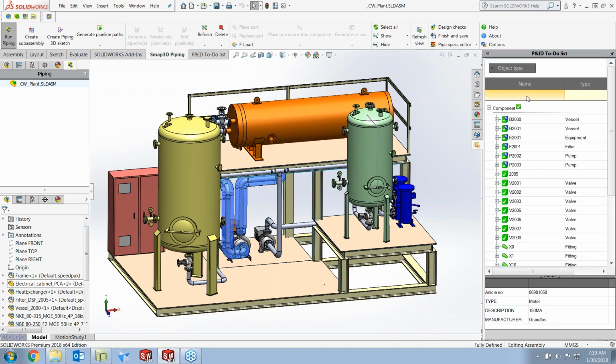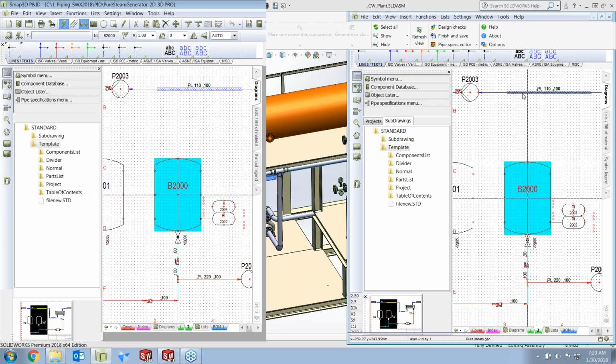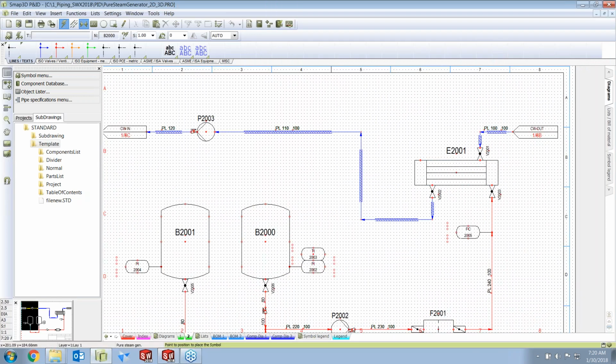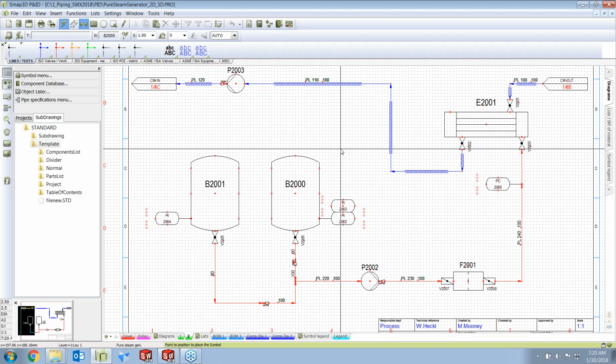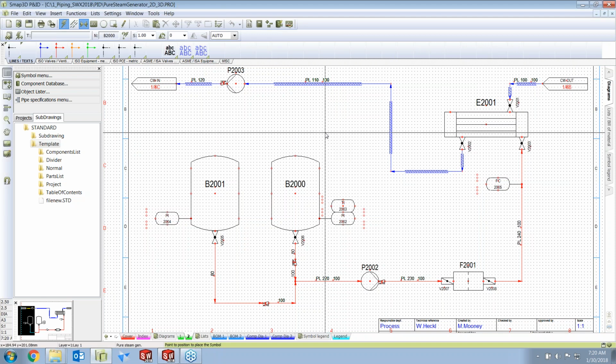All right, so let's jump over and go through a workflow process. I'm going to put a pump down here on the floor, and then we'll run some pipe to connect it and look at actually how we use the software in conjunction with P&ID and 3D modeling in SolidWorks or Solid Edge, and then we'll create a deliverable, which commonly might have a requirement of an isometric or single line